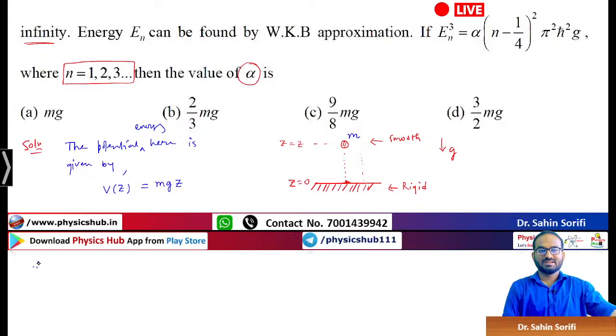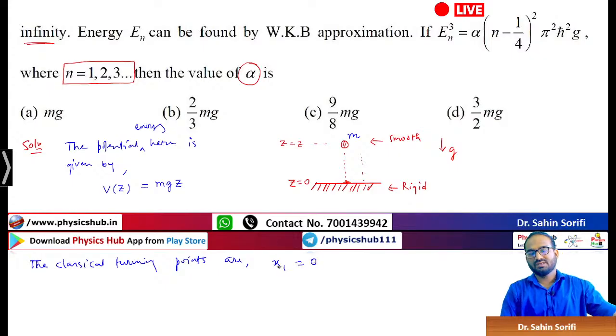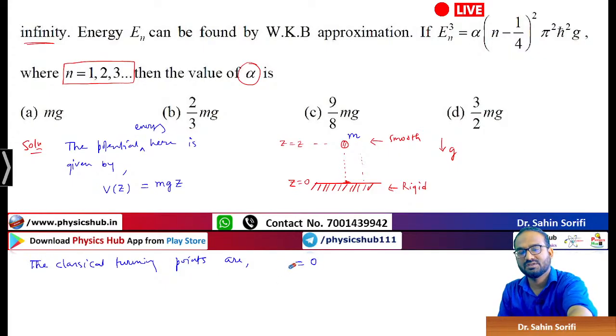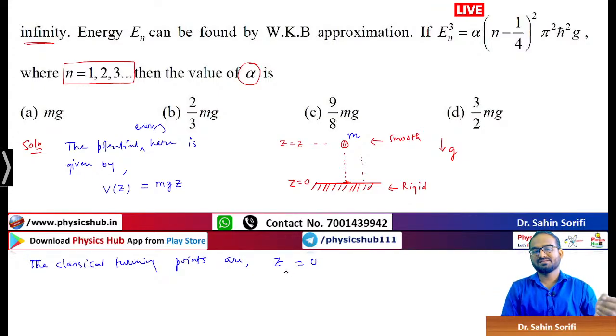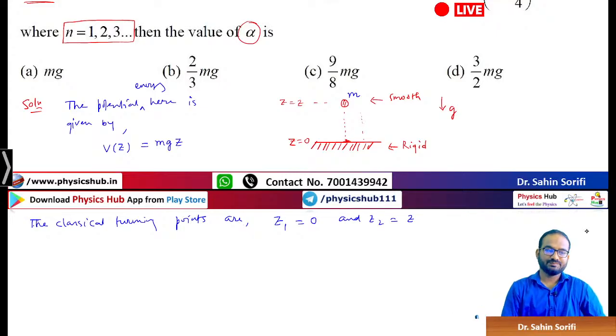Therefore, the classical turning points are x1 equals 0. Here, instead of taking x1, x2 we are writing z1, because the coordinate which we like to take is not x but z. So z1 is equal to 0 and z2 is equal to some z. I hope this is clear till now. So therefore En, by using WKB approximation, we can write